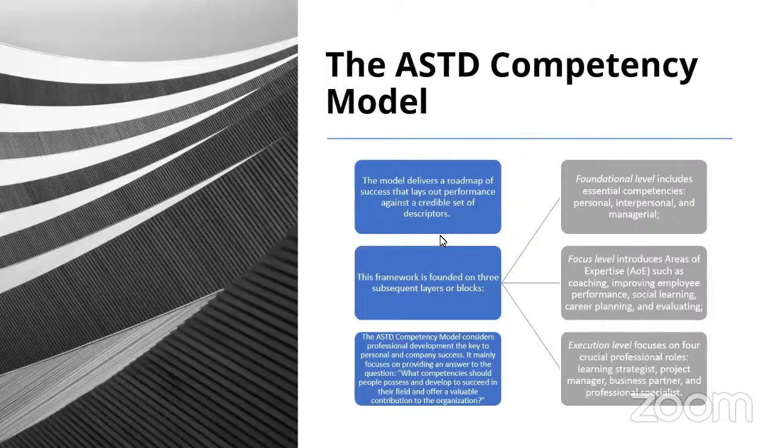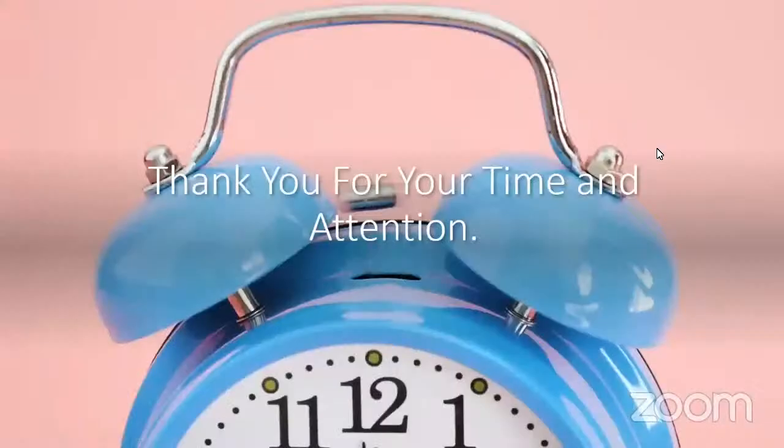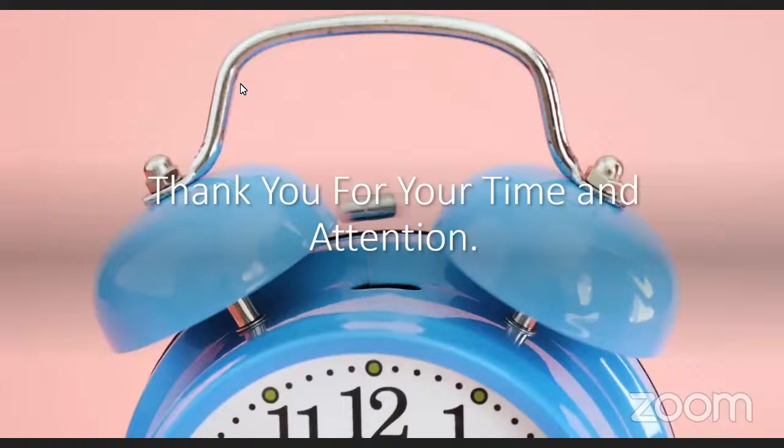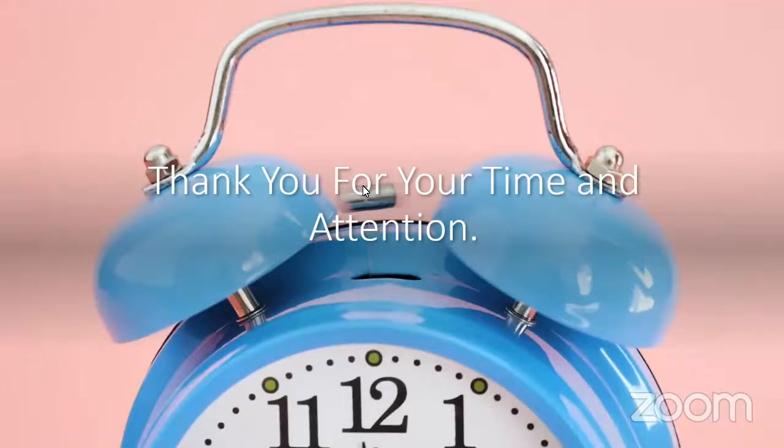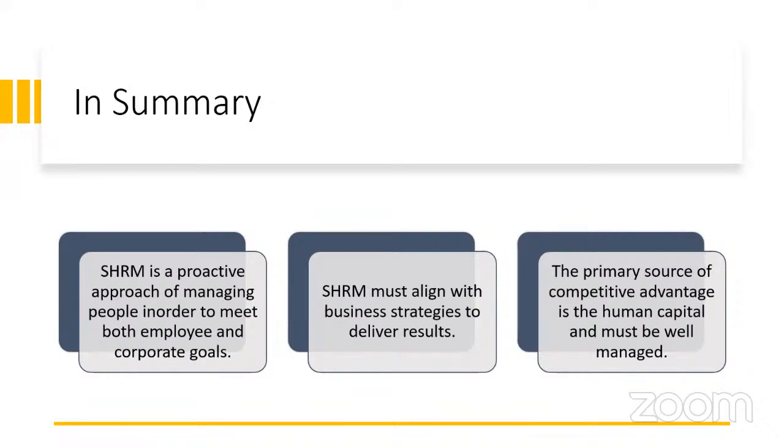Okay, so let's round up. Now, in summary, strategic human resource management is a proactive approach of managing people in order to meet both employee and corporate goals. Strategic human resource management must align HR strategies to business strategies to deliver results. The primary source of competitive advantage is the human capital, and it must be well managed. All right, so that's it on the introductory to the class. Now, if there's any question,